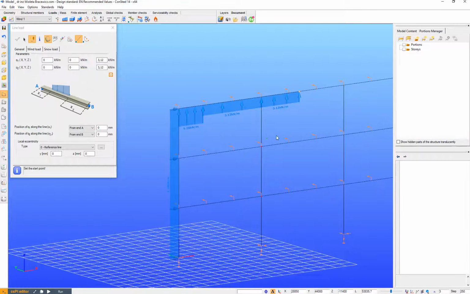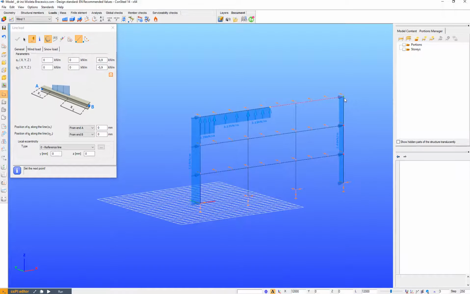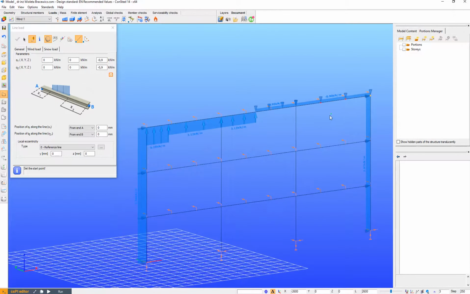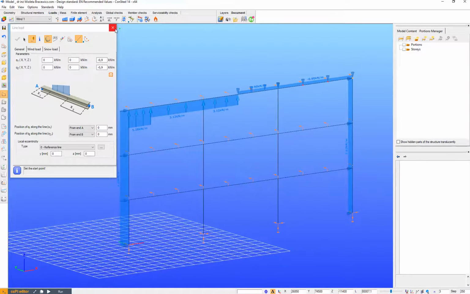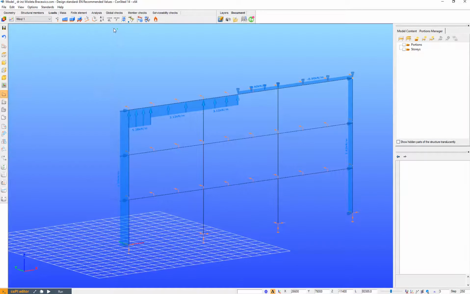And that's the zone of the suction of the wind. And what is left is the zone of the pressure. In my case, it is the value of 0.9. And again, we have to click the start position of the load and the end position of the load, and it's finished for the first case. Okay, so now I go to the wind 2,